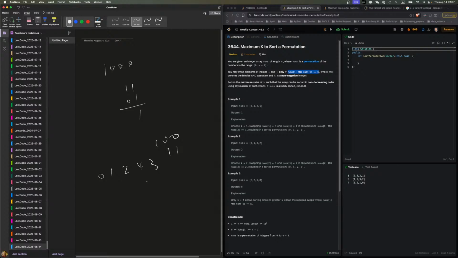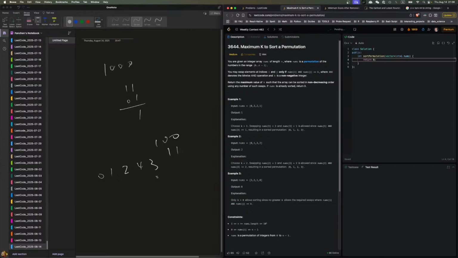Now the smallest number that's not in place is 3, but k is going to be 0. That's my understanding for this one. So for example, if I do 0, 1, 2, 4, 3, I believe the answer should be 0. Yeah, the answer is 0, because